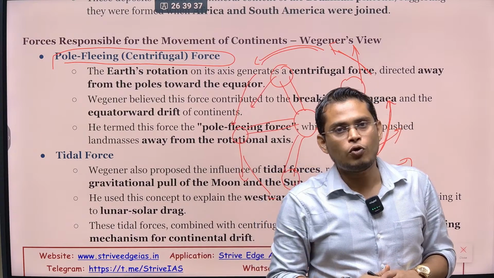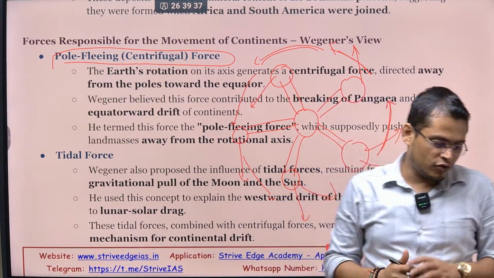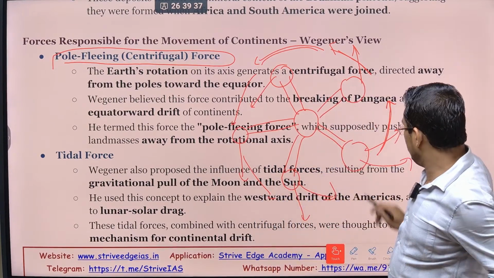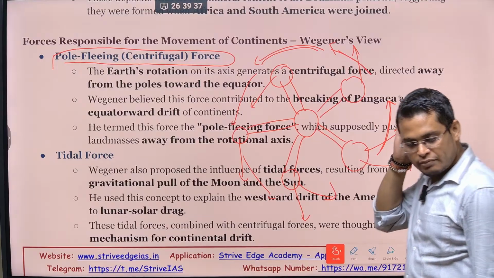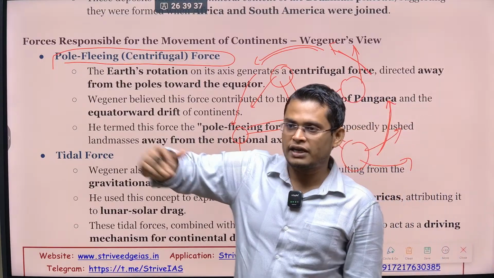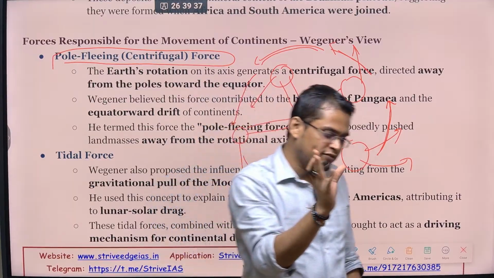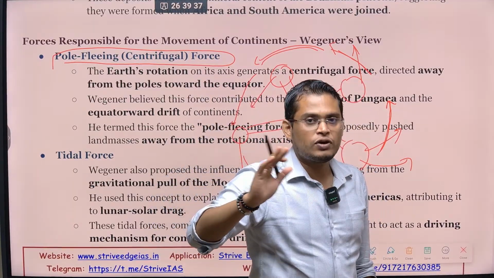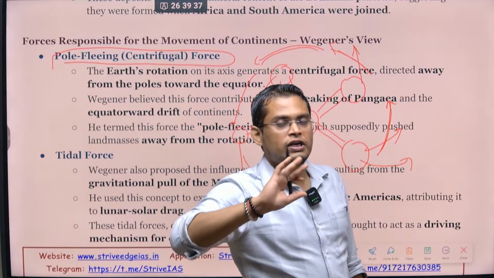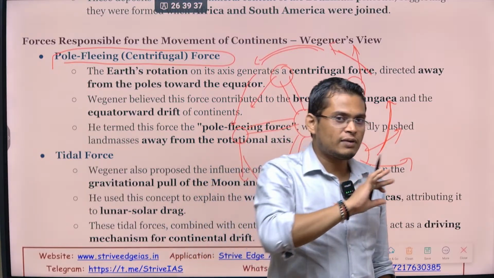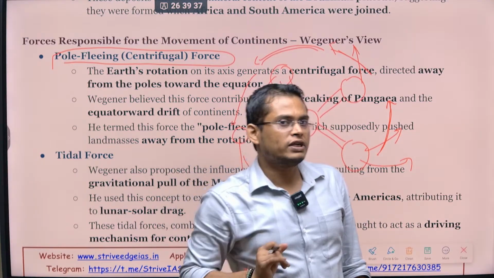So this is what is called the pole fling force, okay? This is what was given by Alfred Wegener. When you sit and rotate on a merry-go-round, what do you feel? It pushes you outward. The same thing happens on the Earth when the Earth is rotating very fast, so there is a centrifugal force. Centrifugal force tries to move things outside, and because of that, it tries to pull all these continents in